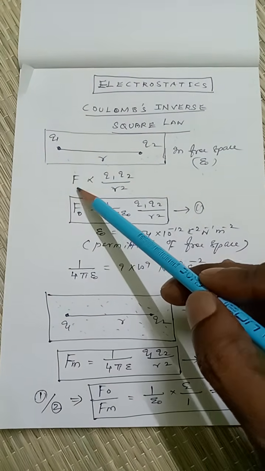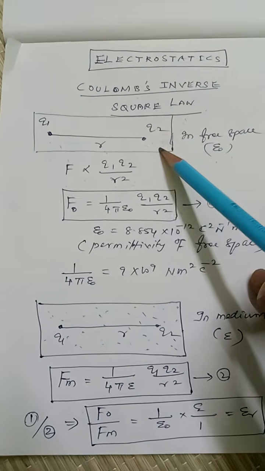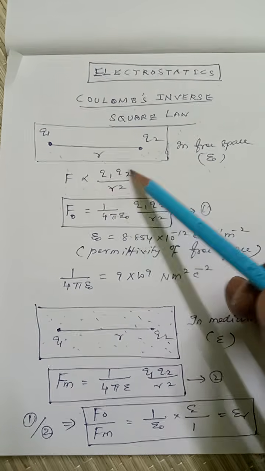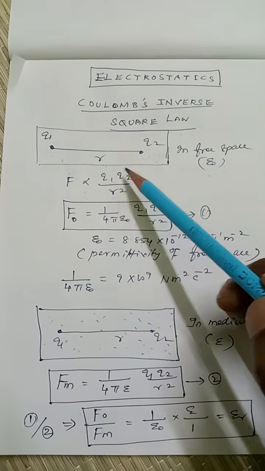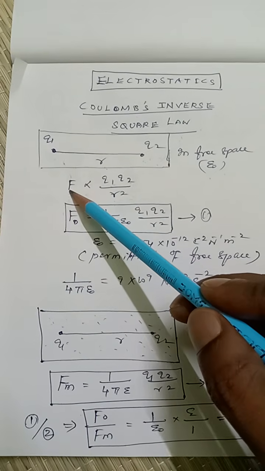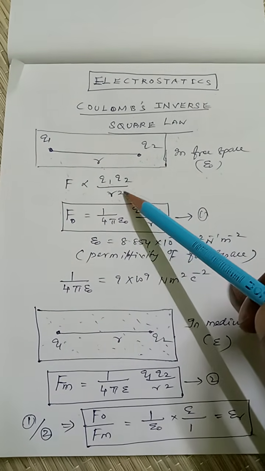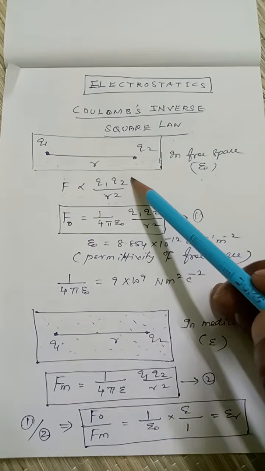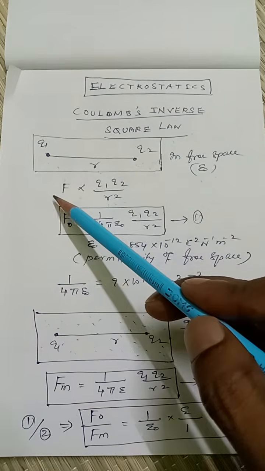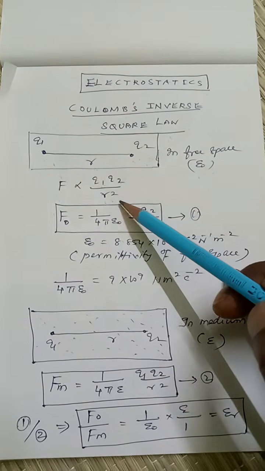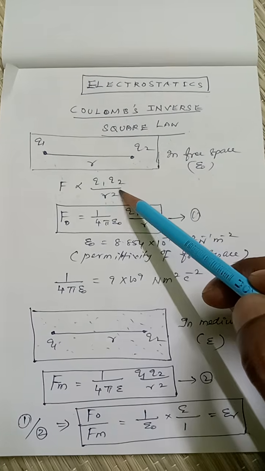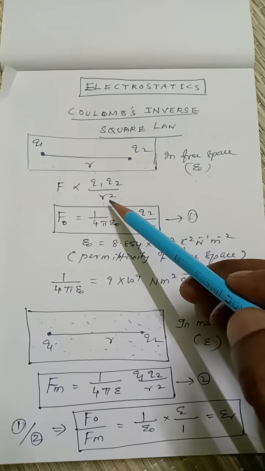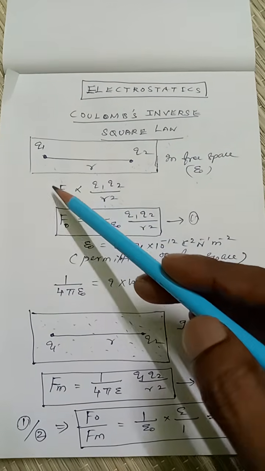According to Coulomb's inverse square law, the force between these two charges is directly proportional to the product of the magnitude of these two charges, that is the product of Q1 and Q2, and the force between them is inversely proportional to the square of the distance between them. Which means, when the product of these two charges increases, the force also increases. When the distance between the charges increases, the force between them decreases. But see the relation, if the distance between the charges is doubled, then the force